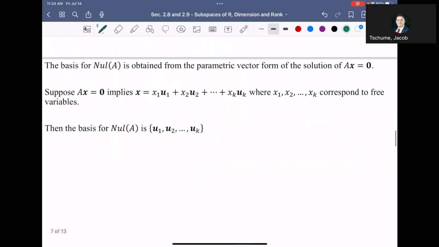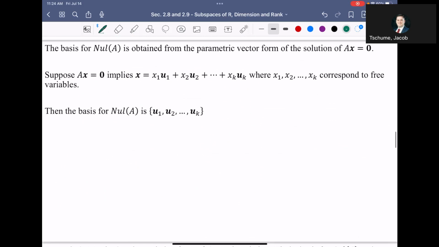Then we get into the basis of a null space. Once again, there are infinitely many vectors in this subspace, so we don't want to find them all. Instead, we just want to find the ones that make up a linearly independent set. So to do that, the basis for a null space of A is obtained from the parametric vector form of the homogeneous matrix equation. So if you need to, go back in your notes,